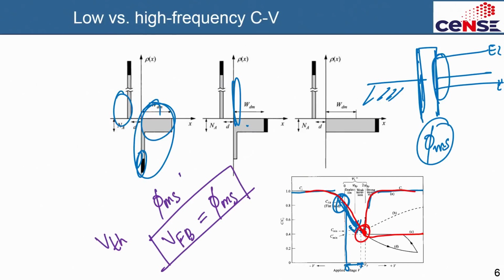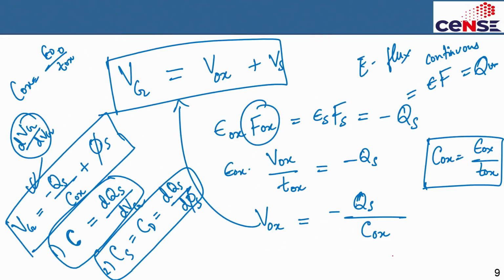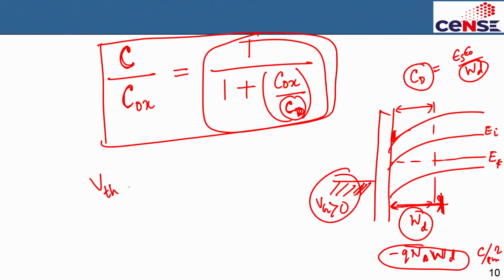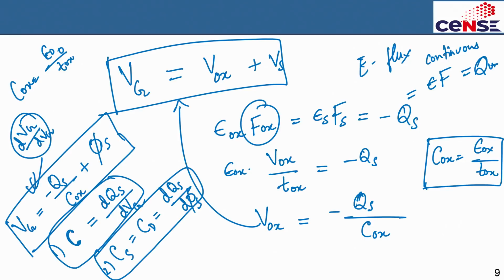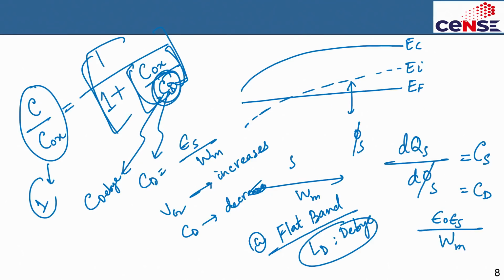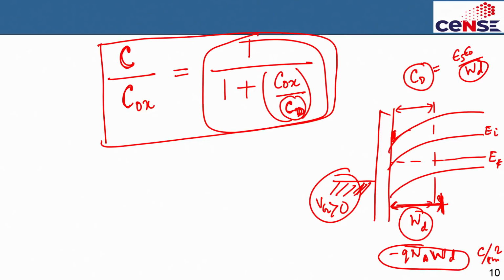You see, this is the gate voltage by the way, this point we call the threshold voltage, and that threshold voltage will be given by the voltage that has dropped across the oxide, which is given by this quantity, minus Qs by Cox. So basically your threshold voltage VTH will be given by the voltage that is dropping on the oxide, and